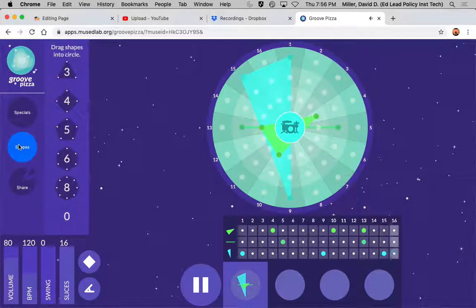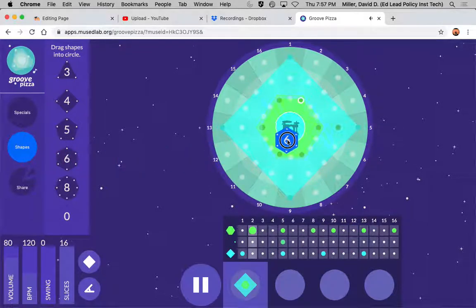They give you the ability to do things by shape. So let's hear what a 4-pointed shape sounds like if I put it on the kick drum part. So there it lays a square there, and I don't know what a 6-pointed star would sound like if I put it in the... All right, there we go. Now we're grooving. All right, so you can do that.